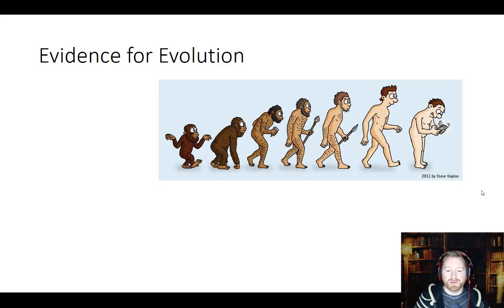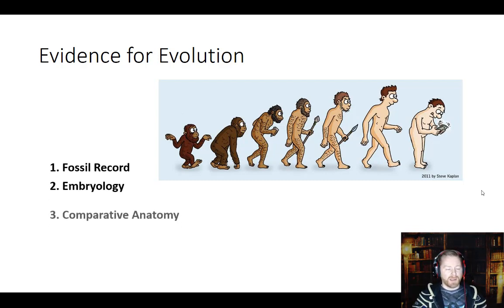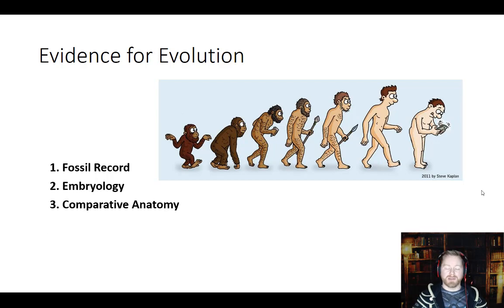We're now going to continue on with our talk of evolution. And since this is science, and in science we do things with evidence, now we're going to talk about lines of evidence for evolution. The four big lines of evidence, at least the ones that we're going to cover in this course, are the fossil record. We'll also take a look at embryology, comparative anatomy, and also, we'll look at DNA comparisons, which